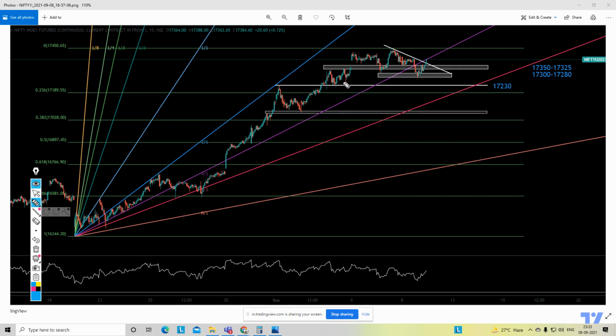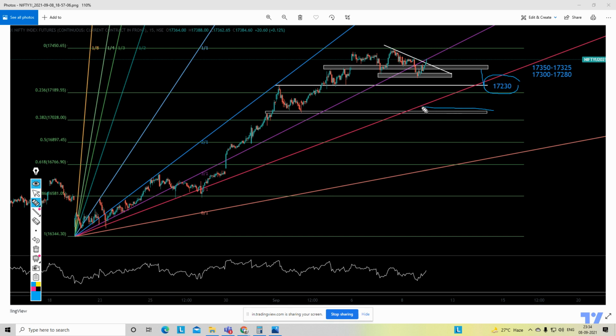And Nifty has been trading sideways in a bullish sideways zone. It has spent quite a few hours in this zone. So Nifty is not ready to break 17,300 and 17,280. Any small correction is there, the waves are there. But in my personal opinion, severe pain in Nifty can only be felt if it breaks 17,230, that too on a closing basis, alongside breaking this particular Gann wave 4 bar 1,